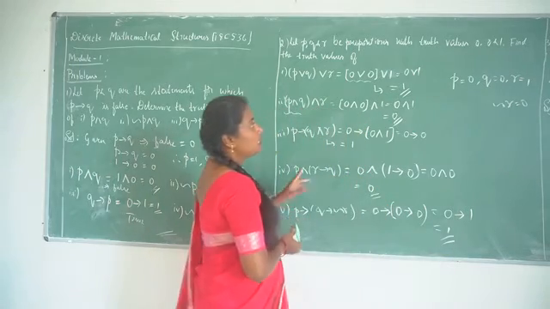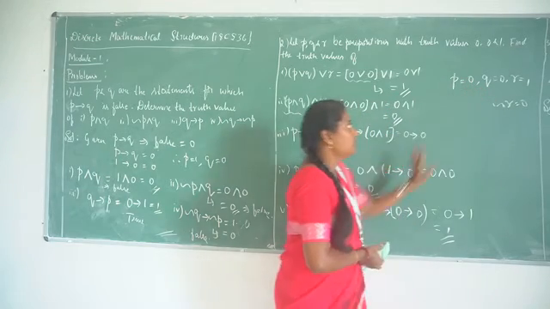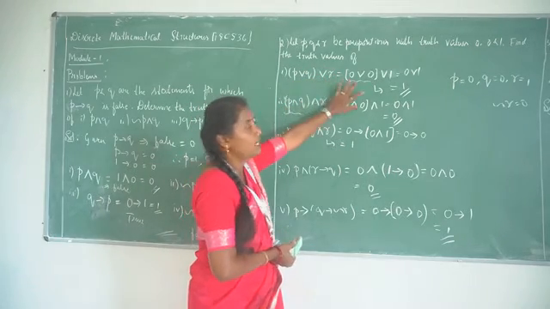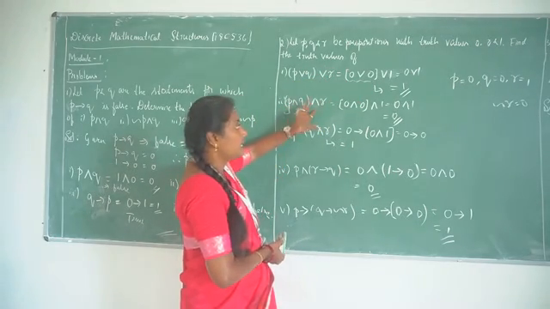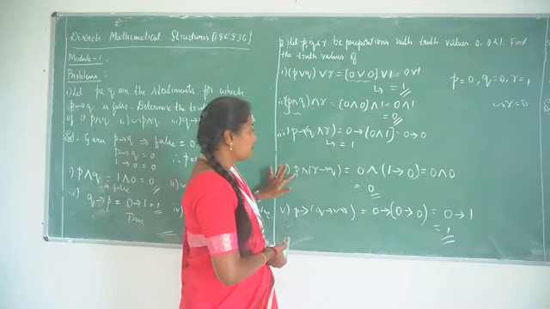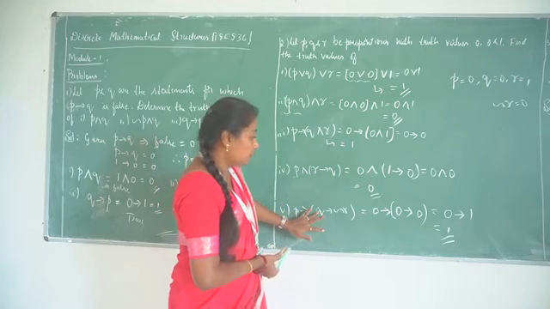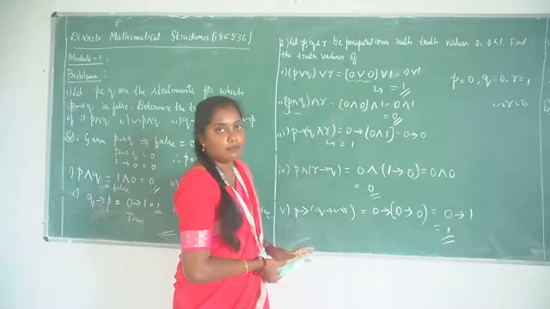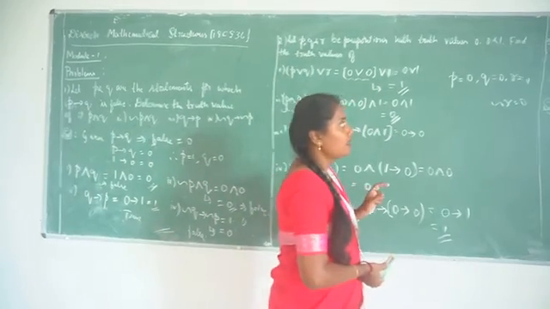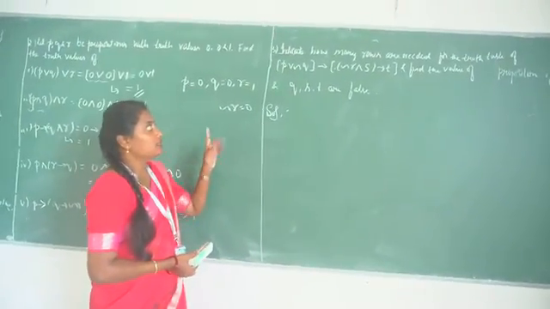So that means if P is a false statement, Q is a false statement, R is a true statement, then the first one, P or Q or R, is a true statement. P and Q and R is a false statement. If P, then Q and R is a true statement. P and if R then Q is a false statement. If P, then if Q, then not R is a true statement. So these are the required results based on the given truth values. Then the next problem is there.